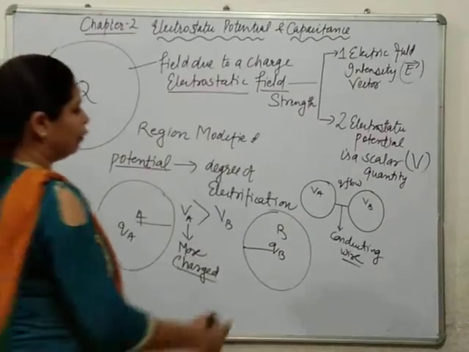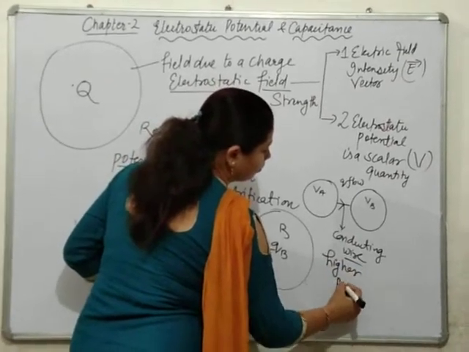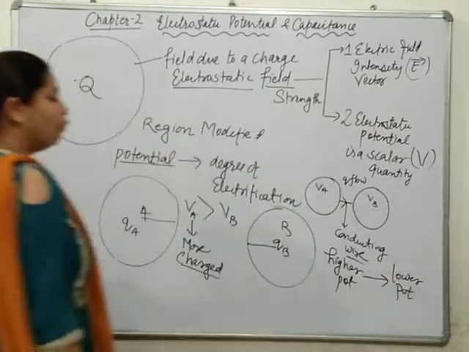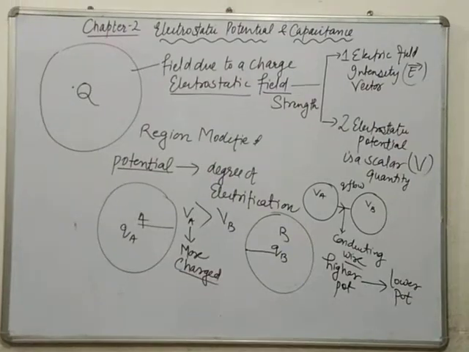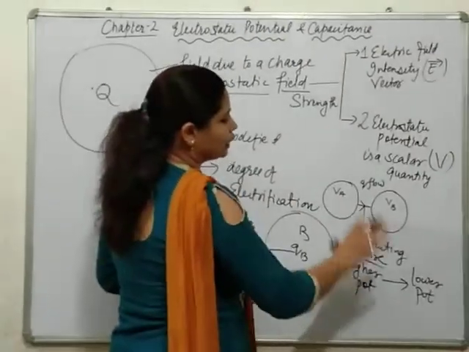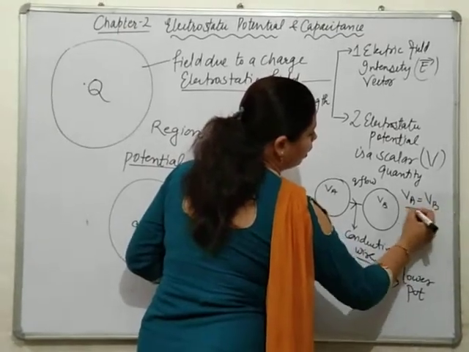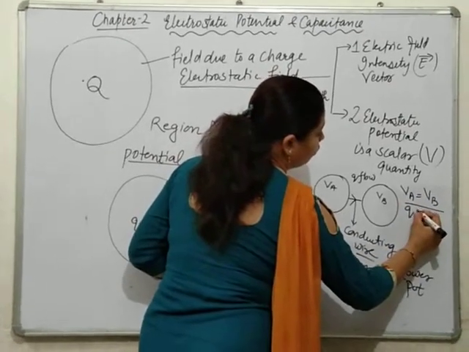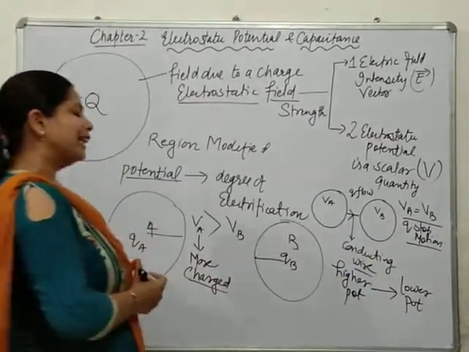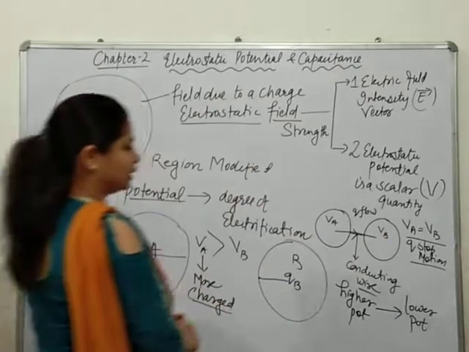In which direction will charge flow? Charge will flow from a body at higher potential to another body at lower potential. What is the reason of flow of charge? Charge is flowing due to the potential difference. Until there is a potential difference, charge will continuously move. But as soon as the potential of both the bodies becomes equal, charge will not move. Charge motion will cease, stop. So what is the reason of motion of charge? It is the potential difference.